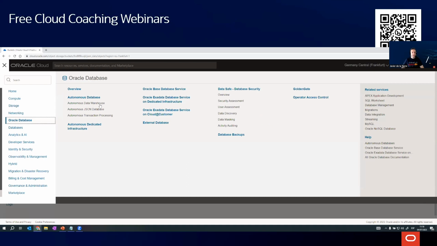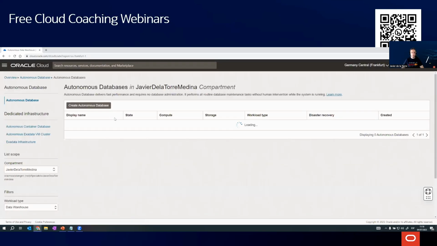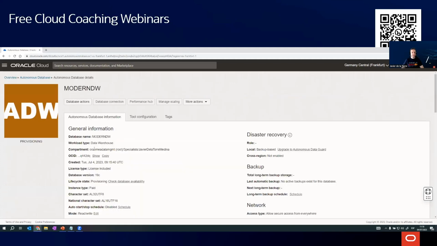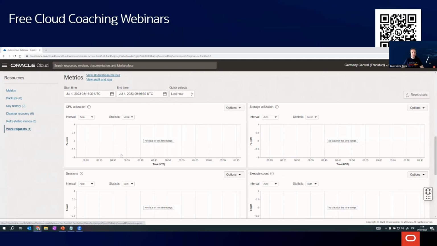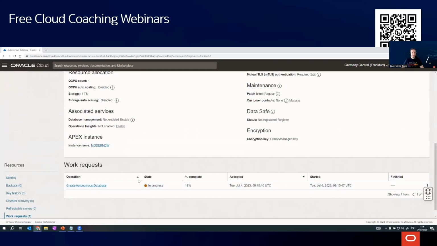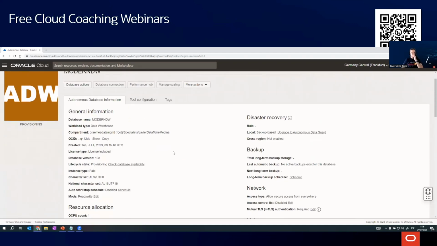Let's see if our autonomous data warehouse has been created. It is provisioning, and it's going to take just a few minutes, so we can see from the work request how it is going. It is creating, and it's going to take just between 1 or 2 minutes. So meanwhile it is creating, I showed you that we have already the